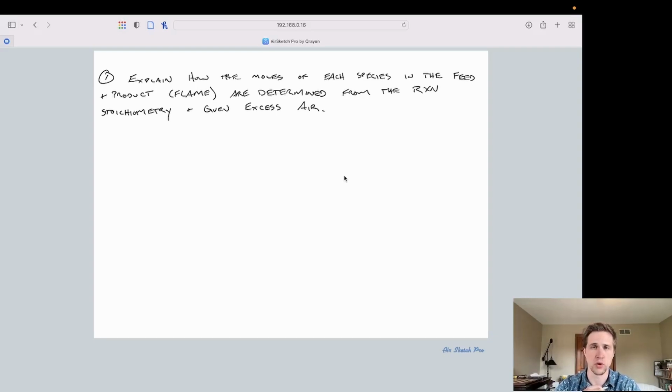So let's go ahead and first walk through our situation, which is that we're going to have a Bunsen burner here, and we're going to pretend this is the world's greatest Bunsen burner and is able to not have any heat loss through the sides, that we're not having any work performed, and anything that would cause heat loss isn't going to be happening here. And so we have an adiabatic situation,